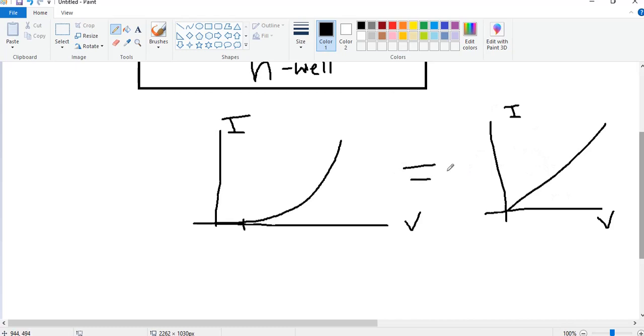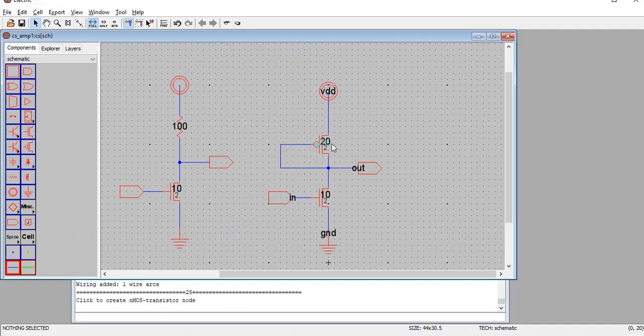So if I compare the characteristics of a diode and a resistor, I can say that the resistor or a diode is nothing but a kind of circuit which has a linear relationship between V and I. So the characteristics of this circuit over here and the characteristics of the resistor over here are one and the same, and hence I said that the resultant operation of this circuit with resistor load and the resultant operation with the PMOS as a load will always be similar.